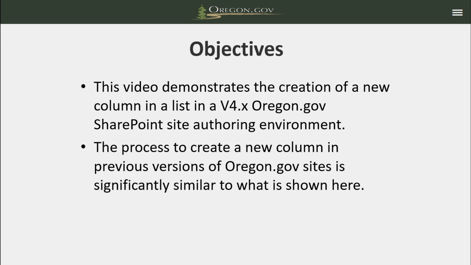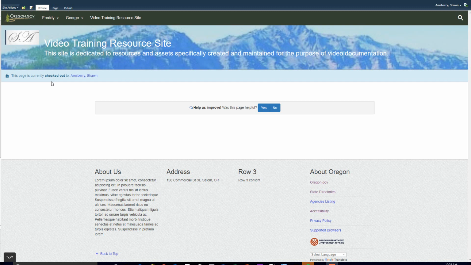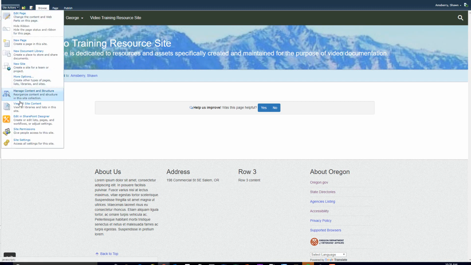This video demonstrates the creation of a new column in a list in a v4.x Oregon.gov SharePoint site authoring environment. The process to create a new column in previous versions of Oregon.gov sites is significantly similar to what is shown here. To create a new column in a list in SharePoint, log into your agency authoring site and browse to